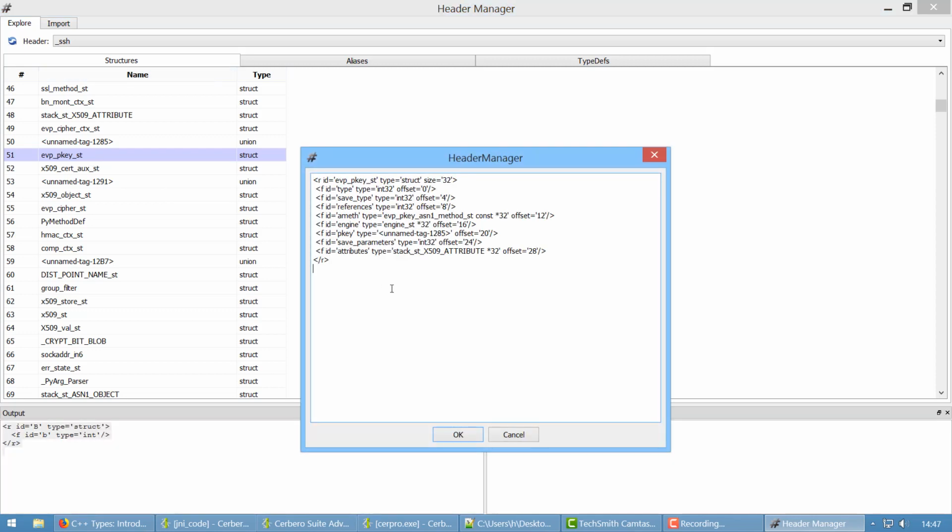As you can see, when you create a header file, this is a structure which I imported from C, and it doesn't define the size of the structure, and it doesn't define the position of each field. But in a structure imported from a PDB file, the structure has a defined size, and also the offsets